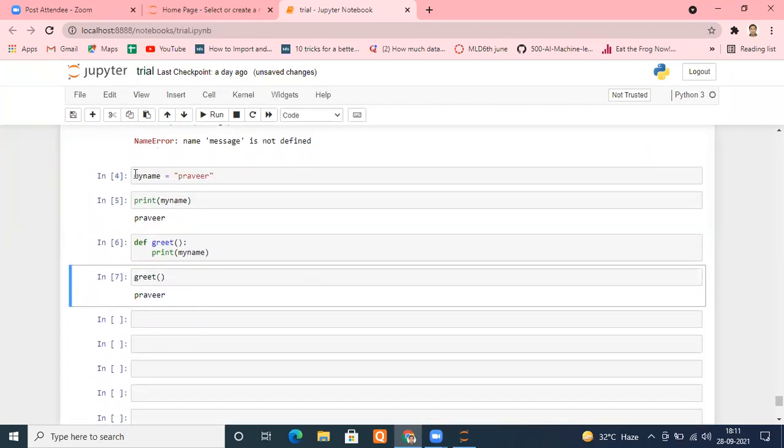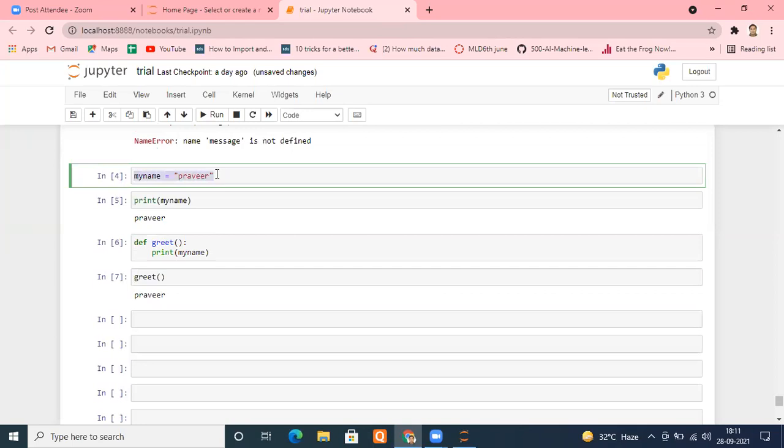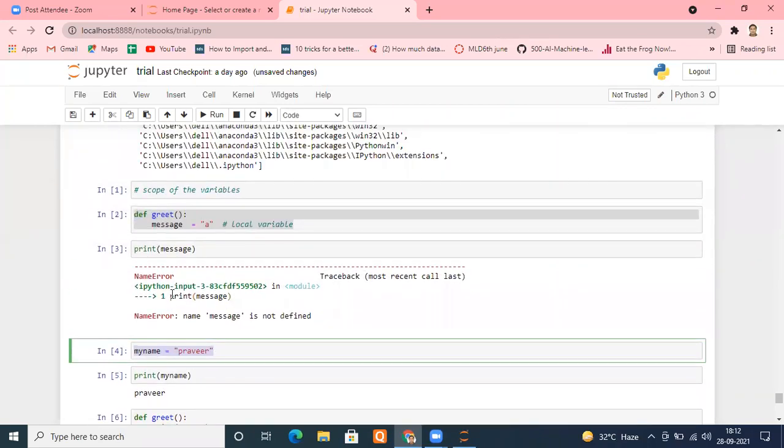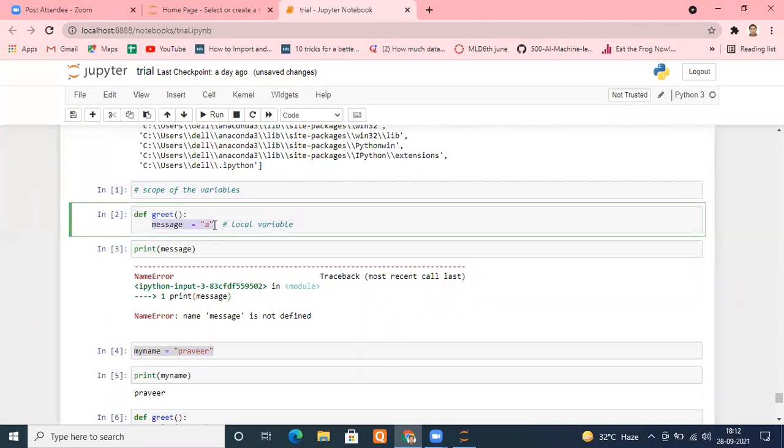So we are able to use any global variable anywhere in the program. Once it is declared outside the scope of a function, meaning it is a global variable, it can be used anywhere, whether in the normal flow of a program or inside a function as well. But if we declare a variable inside a function, it is local to that. I hope it is clear. The scope of a variable declared inside a function will stay local only to that function. And that is recommended also.